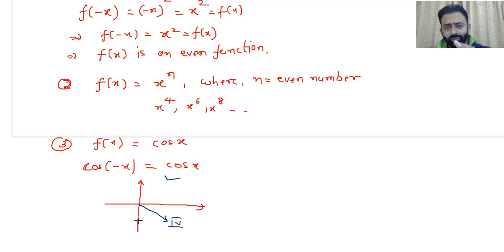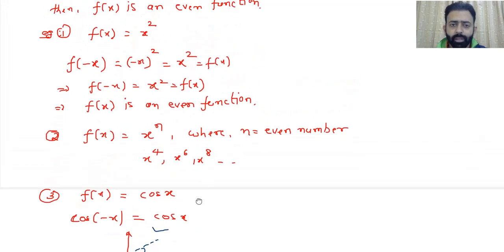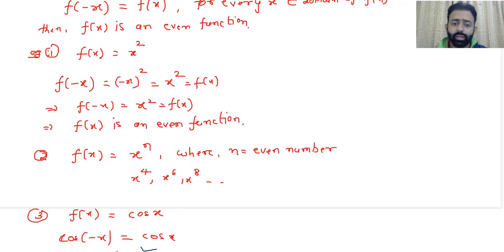That's why we say that cos of minus x is equal to cos of x. Whatever the value of cos is at 30 degrees, the same value of cos will be at negative 30 degrees. So we can say that cos is an even function. Okay. Another way to look at the